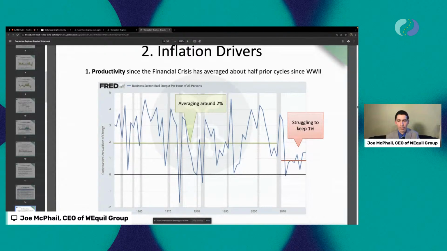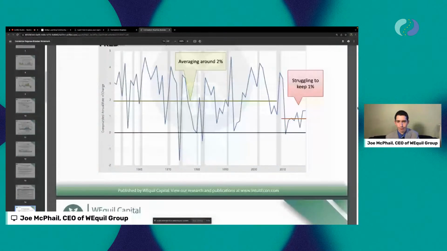So Kathy Wood and some other commentators are suggesting that productivity is actually going to increase as a result of technological innovation from the pandemic. We actually agree with that view. So you would put this maybe in the camp of something that would help to push inflation down, in terms of the first out of the 8 risk factors. At least that's the way that we see it, although time will tell.